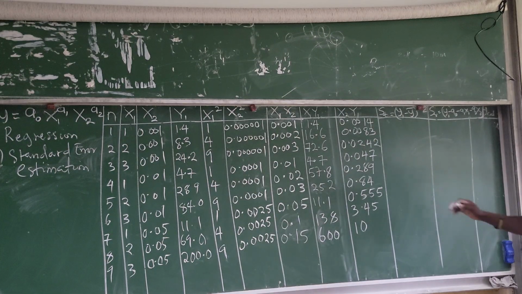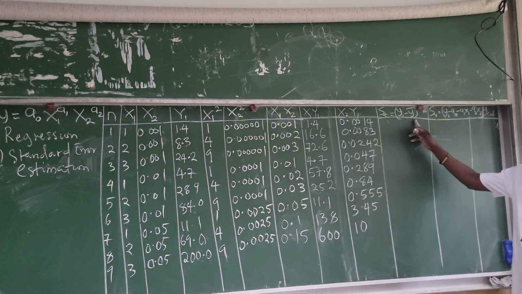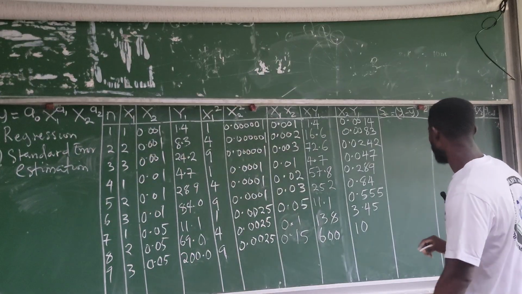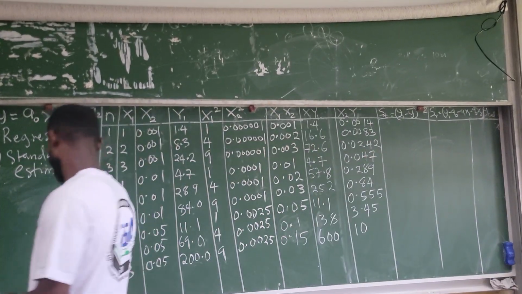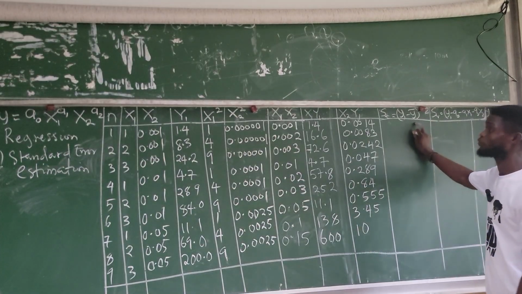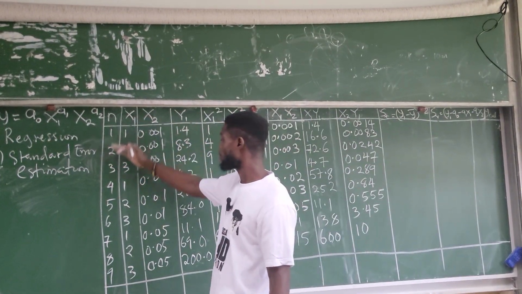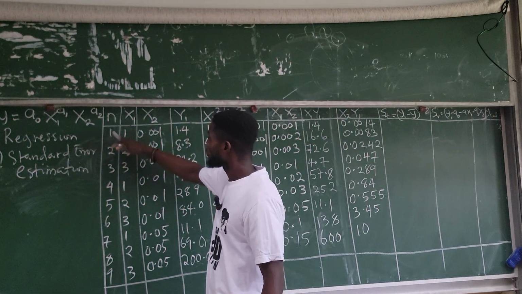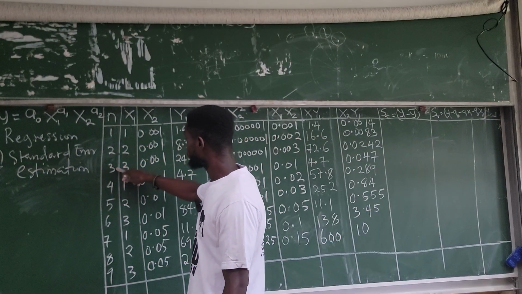So since we've gotten all this, now we need to have our y bar. So how do we get our y bar? Let me give you the formula. We're going to find our x bar, but before we do that, let us sum this up. So the n, we're going to sum the n. That's 1 plus 2, 3, 6,